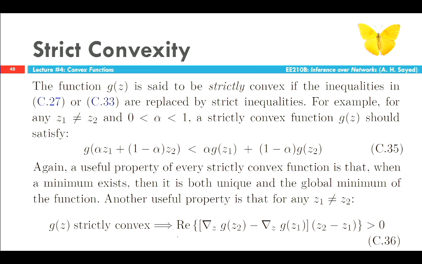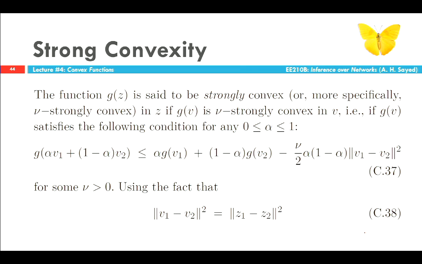Again, now the extension to strict convexity is similar. For strict convexity in the Z domain, this is less here. And the inner product property will have the real part. So I don't need to spend too much time on this. And strong convexity,